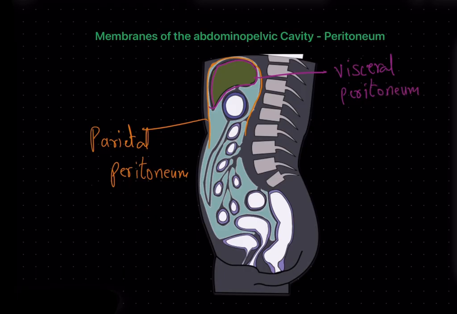The fluid-filled sacs that these membranes produce are meant to cushion and reduce friction of the internal organs